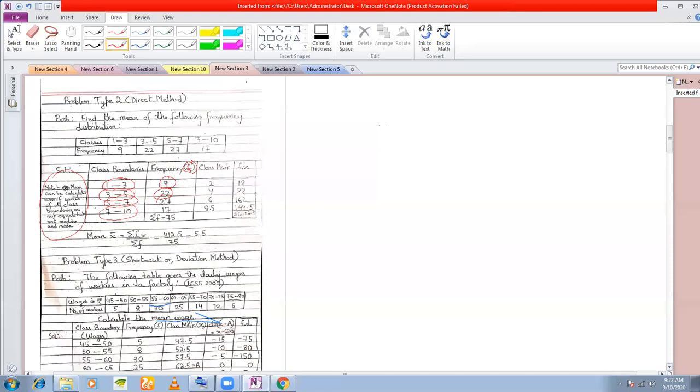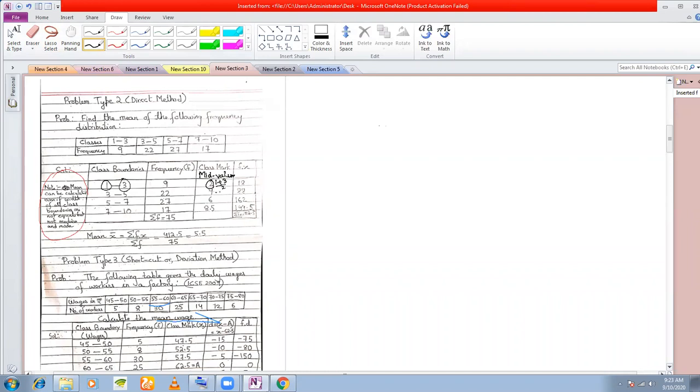The next one here, remember, whenever we have class intervals, the third column that we shall make will be for class mark or mid values. And remember, I told you how to calculate the mid values. How do I calculate the mid values? I take the sum of the upper class boundary and the lower class boundary divided by 2. In this case, you have 1 and 3. So what should be the mid value? This is 1 plus 3 divided by 2. So 4 divided by 2, you are getting 2.